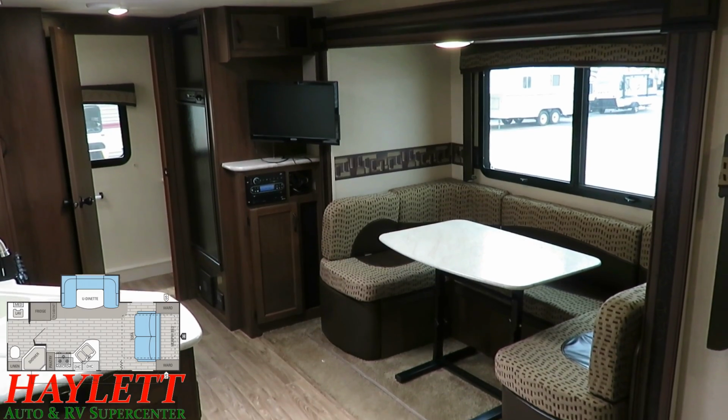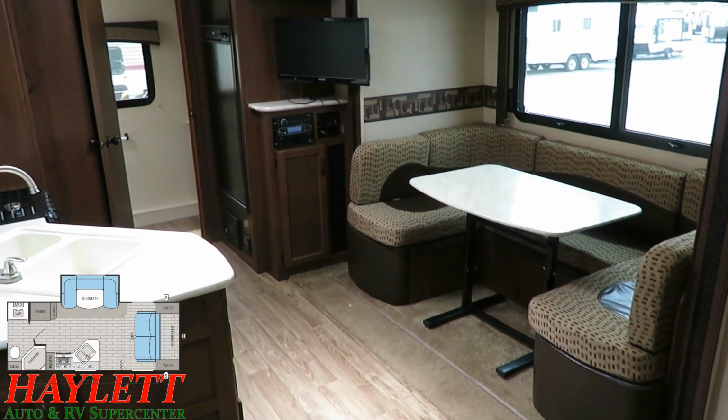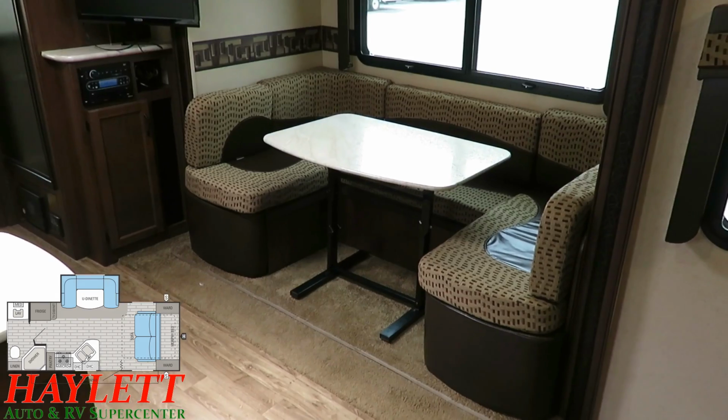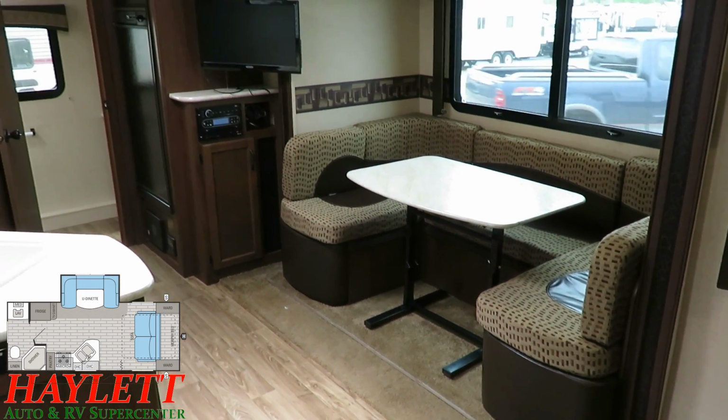Flipping around to the entertainment center, you see the TV is on an articulating double-jointed swing arm, so it can swing out for super easy viewing. You can twist it around to face the dinette, it can face the front sofa, whatever you want. And that's what's kind of nice about these, is they give you easier direct viewing entertainment in a class that